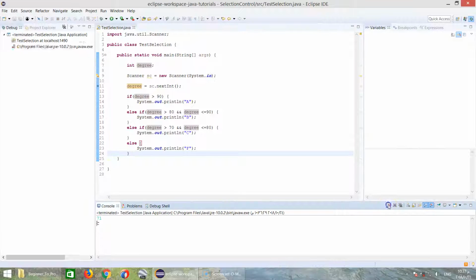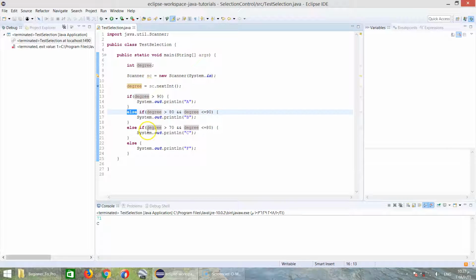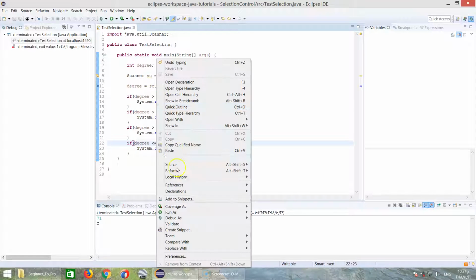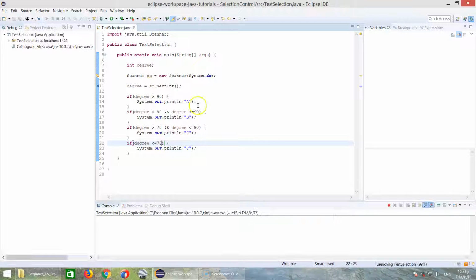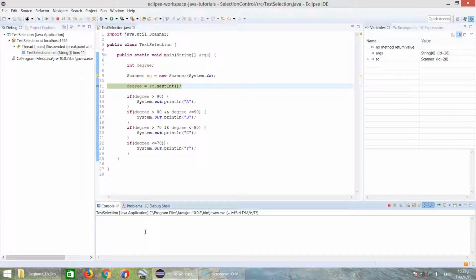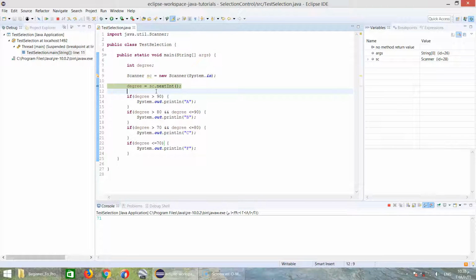Okay, let's remove this else if, and let's return this again to if degree is less than or equal 70, as in the previous sample, and let's debug. Let's type again 71. Let's see. When we press F6,